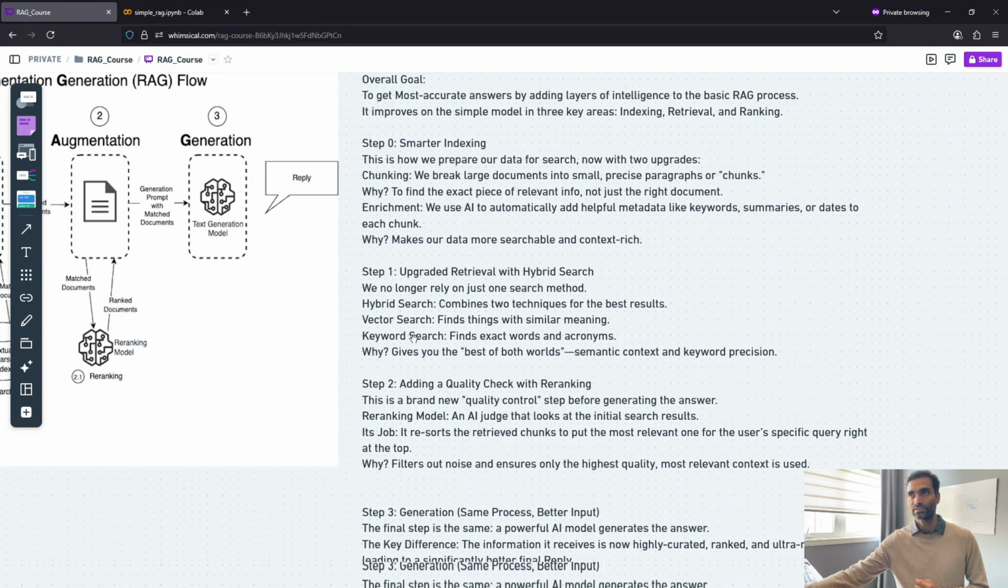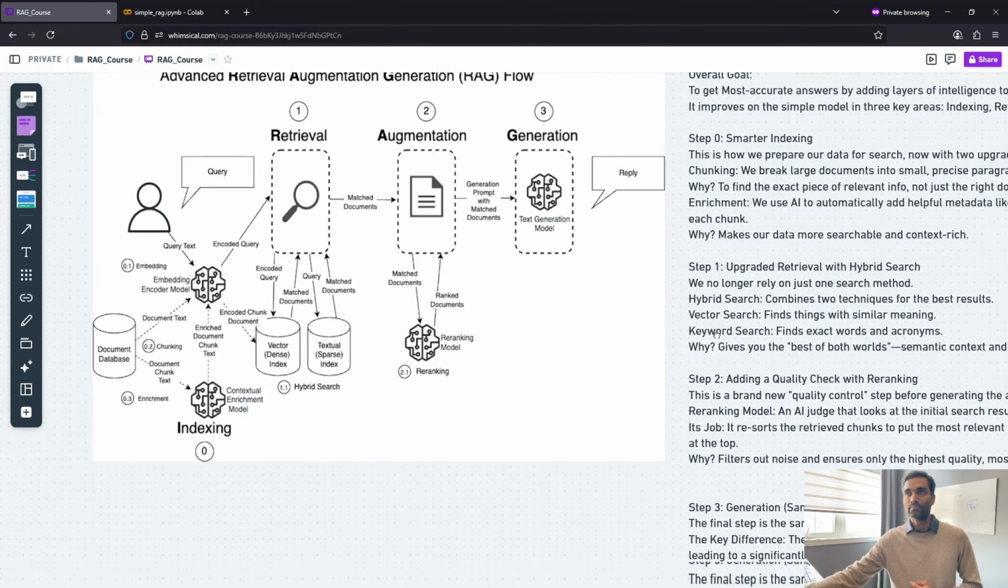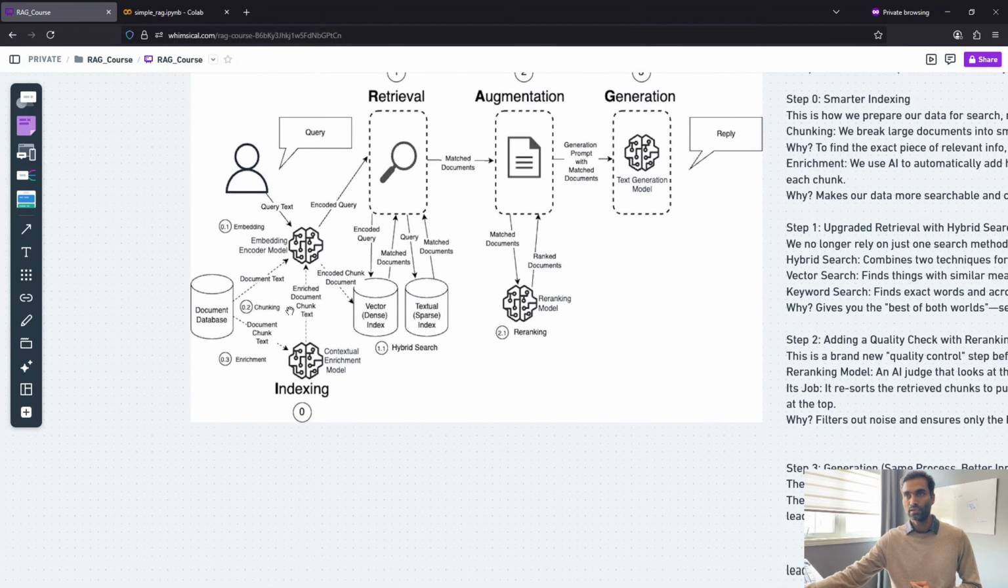Here, as you can see, we break the large documents into small, precise paragraphs or chunks. There are different methods for doing that, and we already discussed them. You can do fixed length, semantic, or paragraph chunking, whatever it may be. It depends upon your use case. And then after chunking,